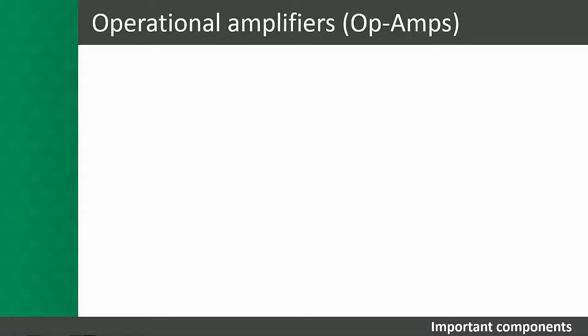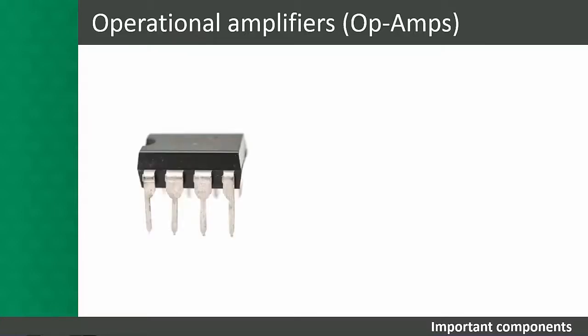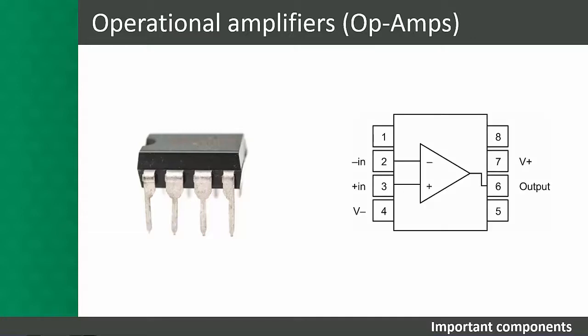Let's now discuss operational amplifiers, or op-amps as they are more commonly called. These components are one of the basic building blocks of analog electronic circuits. We will be discussing these in more detail in a later session. Op-amps are voltage amplifying devices designed to be used with external feedback components, such as resistors and capacitors, between their output and input terminals. These feedback components determine the resulting function of the amplifier, and by virtue of the different feedback configurations, whether resistive, capacitive, or both, the amplifier can perform a variety of different operations, giving rise to its